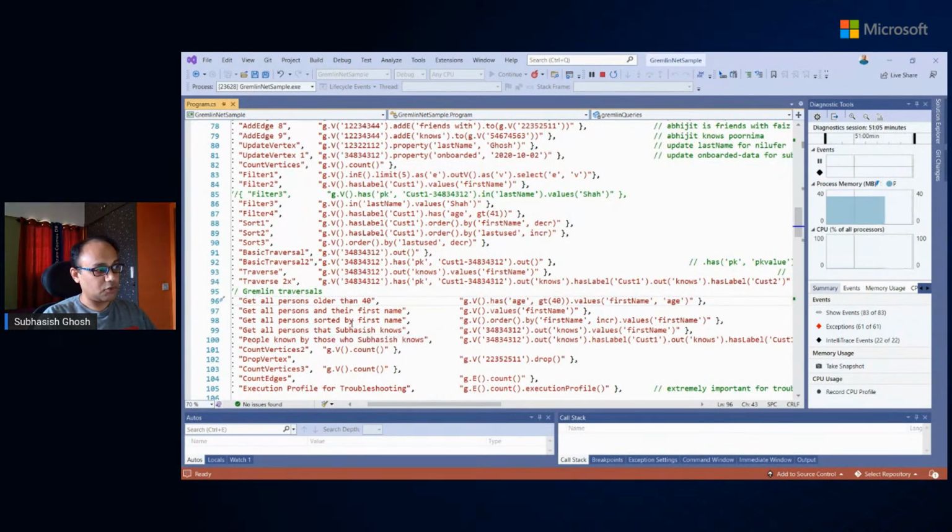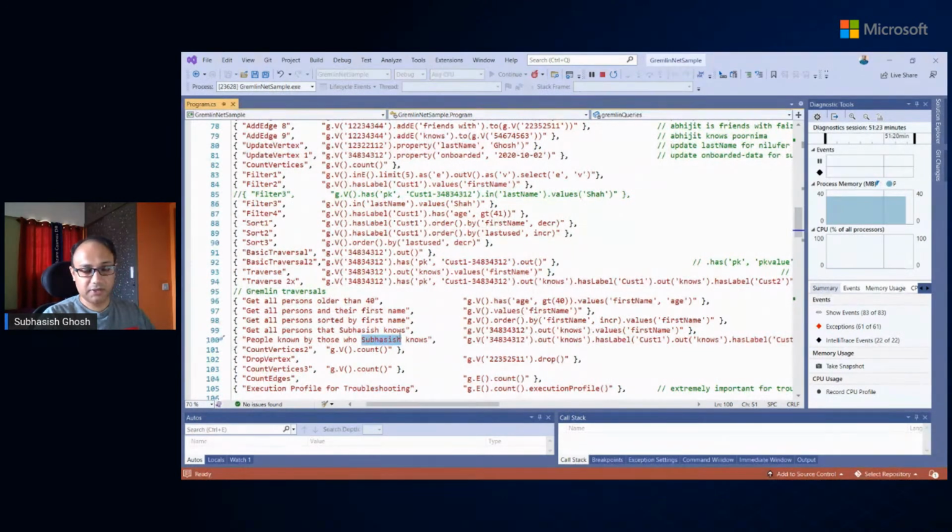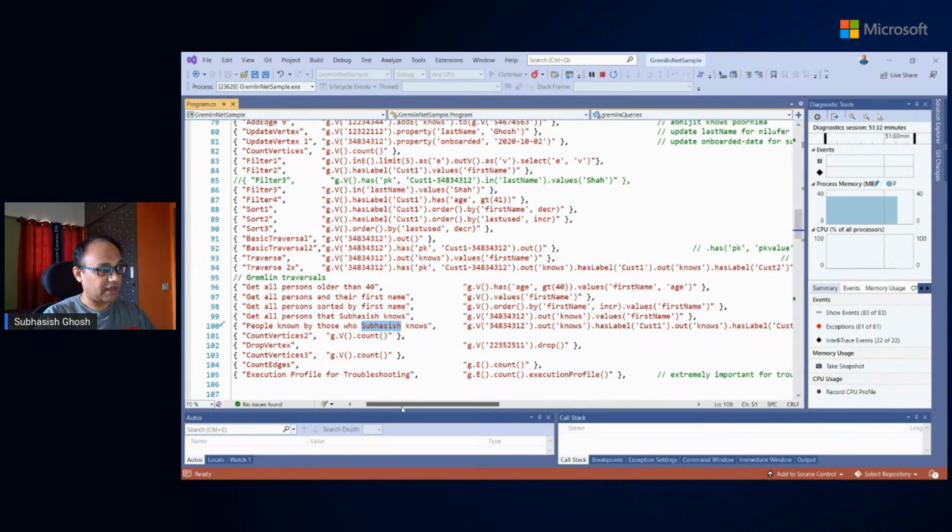Then we wanted to understand all persons sorted, then people whom this particular customer knows and people also known by those whom this customer himself knows. These were very important in trying to understand if there is a pattern in the usage of any blocked credit cards, or cards with blocked APIs, or device-specific IDs or device UIDs.